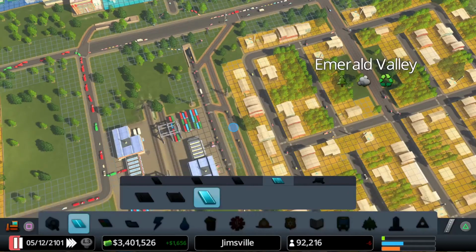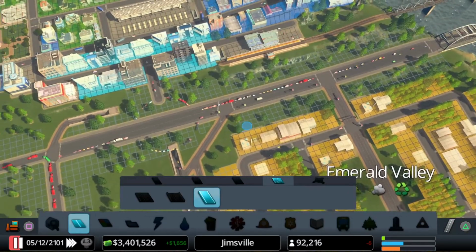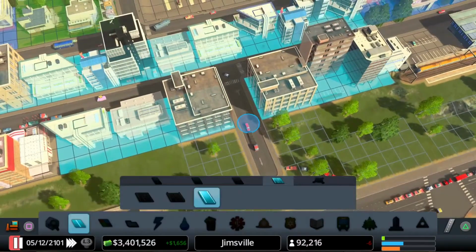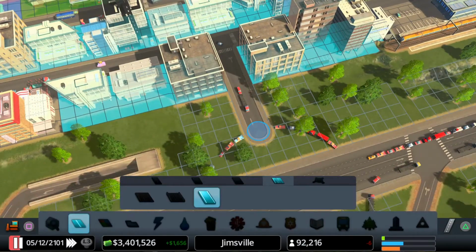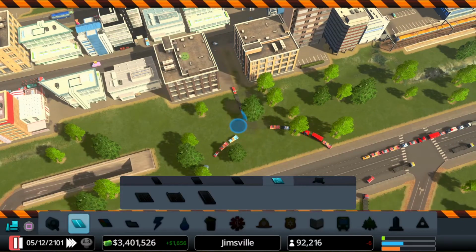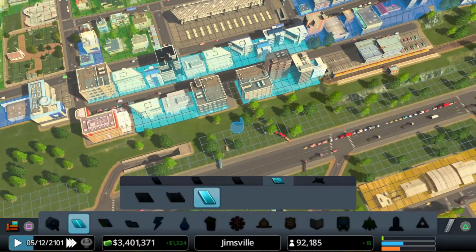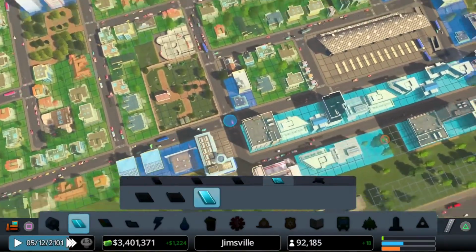A little convoluted maybe, but hopefully a little bit more efficient. Let's take that road out completely as well, see what that does. It'll certainly take some of the traffic coming in off this way.